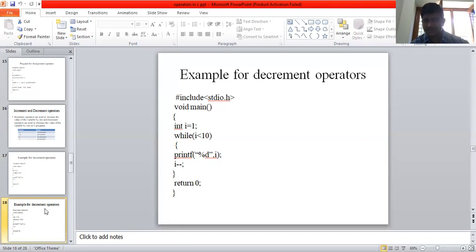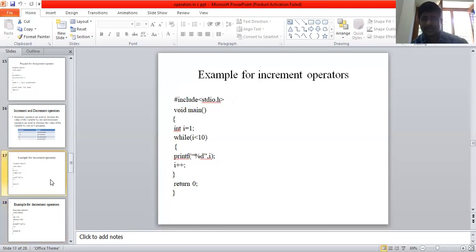Next I value is 0. First it displays 1, next 0. After that 0 minus 1, exit the program. It displays only the output values 1 comma 0. This decrement operator output is 1 comma 0.